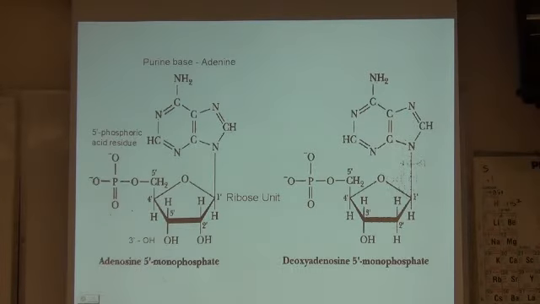Again, this is just the same slide, only the units are put in here. Here's our ribose unit, phosphoric acid, 5'. The 3' OH, this is going to be important. It turns out that this is where we're going to run our linkages when we connect adjacent nucleotides. Our bonds are going to be at the 3' OH and the 5' phosphate. But we see here the difference. It's just labeled for you so you can see them more clearly.